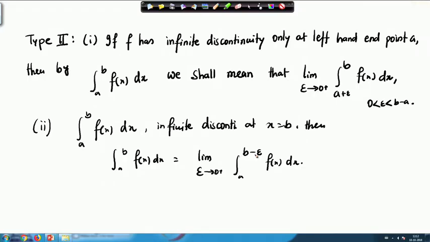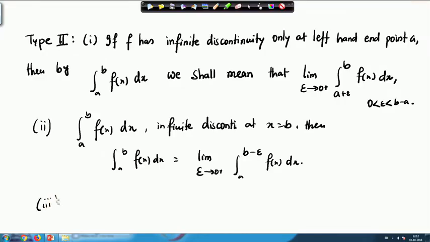So what we are doing is we just get rid of that point in a way that we subtract a small epsilon from b, and that will give us the upper limit b minus epsilon here, and evaluating this limit will give us the value of the integral a to b. And